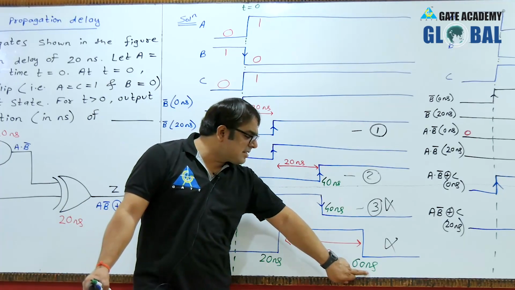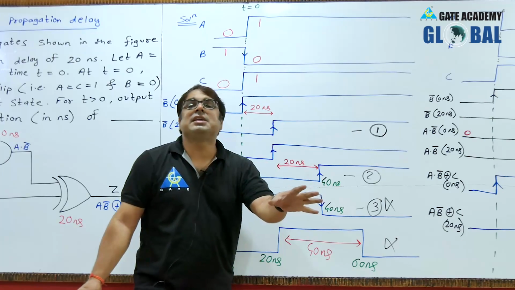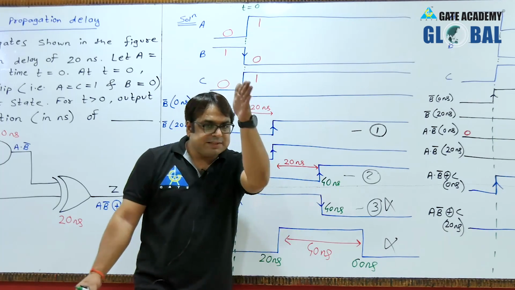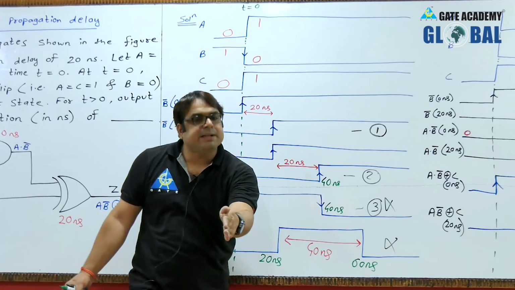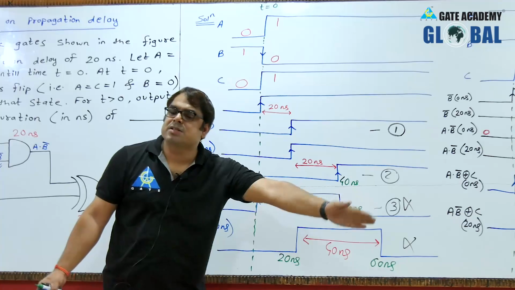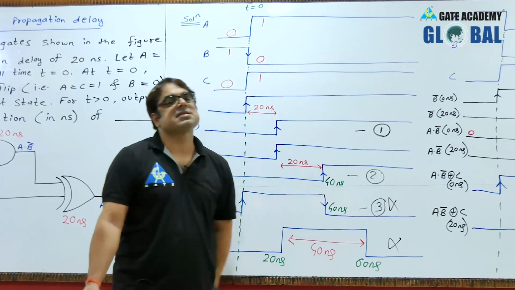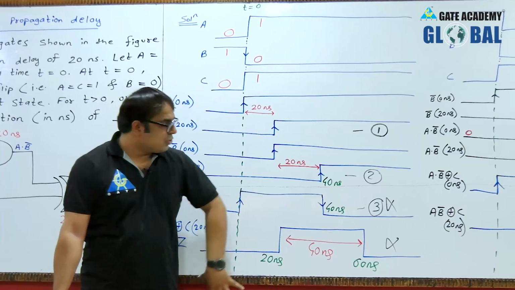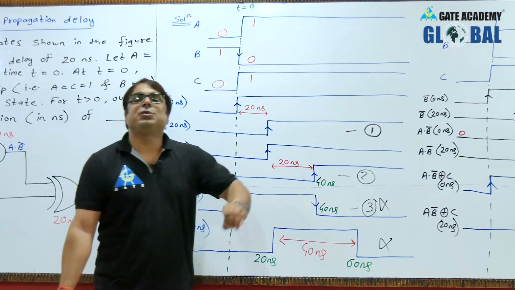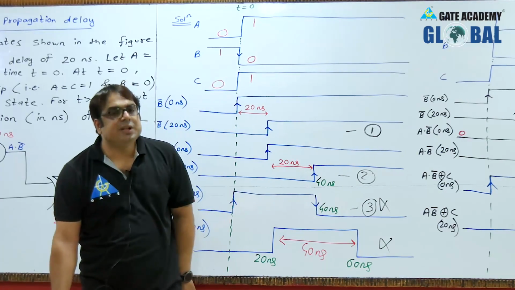Delay of this circuit is 60 nanosecond means after 60 nanosecond there will be no change in the output. So whatever changes you are making in the circuit at 0 nanosecond, all of them will get stabilized in the output maximum before 60 nanosecond. So this is the delay. That means the time at which output gets stable is also called as propagation delay.